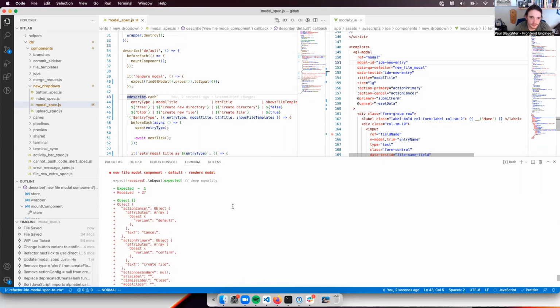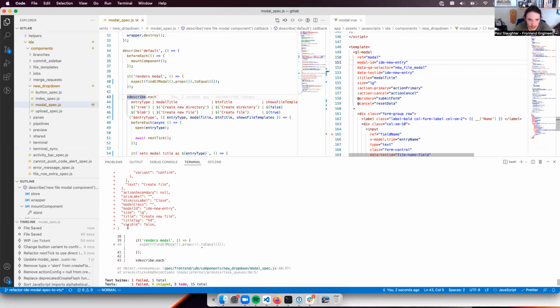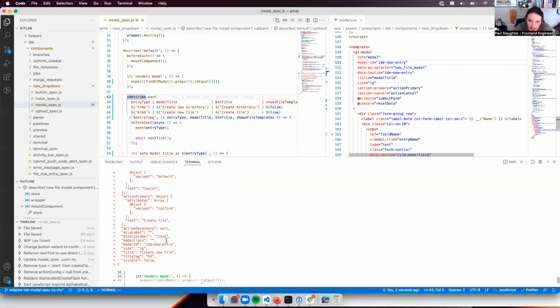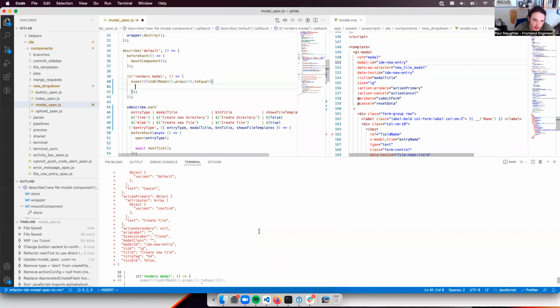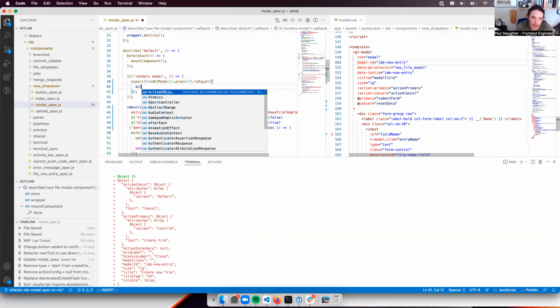Okay, awesome. So yes, we get the cancel button, the primary button, secondary is null. We have a dismiss label. That looks like that's not being set by us. Yeah, we have a title and stuff that we initialize. So I think we can assert on some of this stuff. But I'd like to assert on, we have,